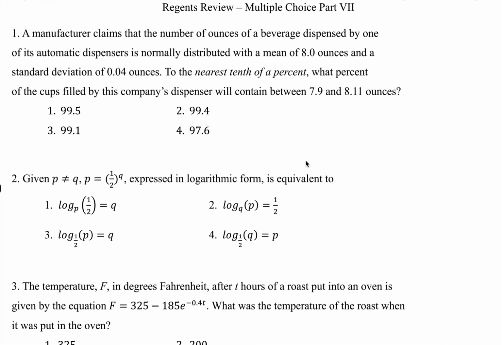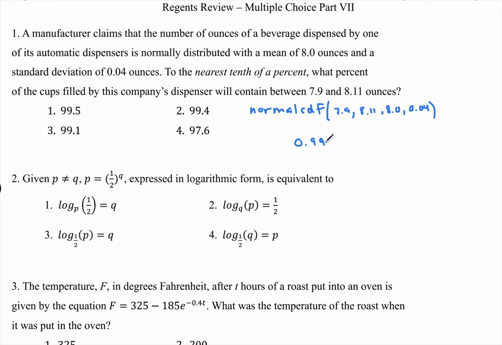So take a second, right? Second distribution, and then look for normal CDF. When we come back, it's going to give you the option to do your lower bound, which is going to be your 7.9, your upper bound, which is 8.11. What's your mean? Your mean is 8.0, and then your standard deviation is that 0.04. When you stick all those values in, you press enter once, you press enter again,